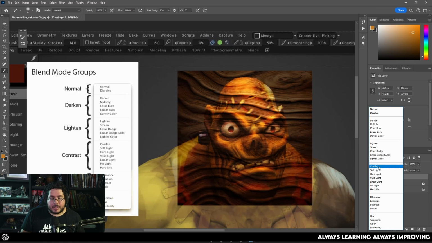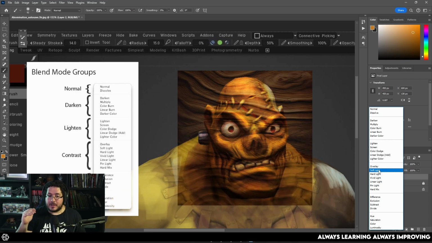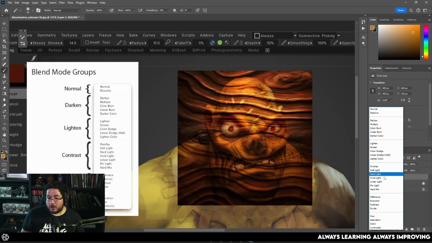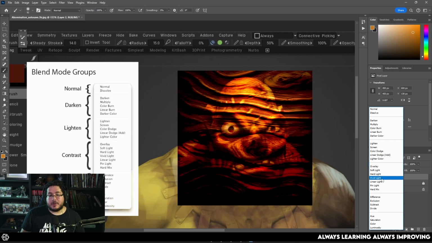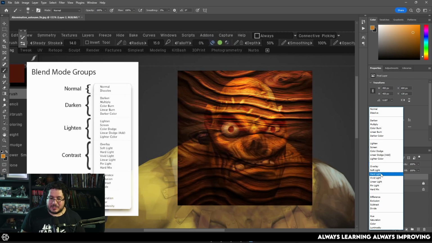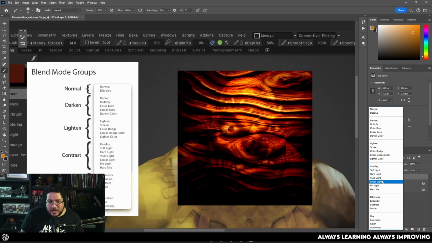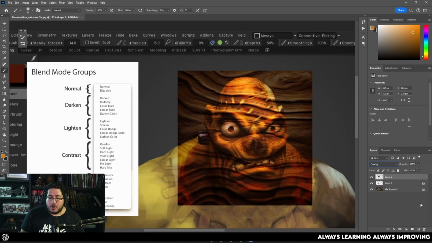Okay, so overlay, I like to see this as the base layer. Overlay is base, it keeps everything the same. Soft light does half of that, so it will blend and push things up and down, but it will do it softly. And hard light will push things up and down very intensely, like at 150%. So if you want to have a lot of change and a lot of contrast, hard light is going to give you a nice result there. Vivid light will do it even more. As you can see, this is hard light, this is vivid light, and it will really crunch up your colors, which again can be useful.